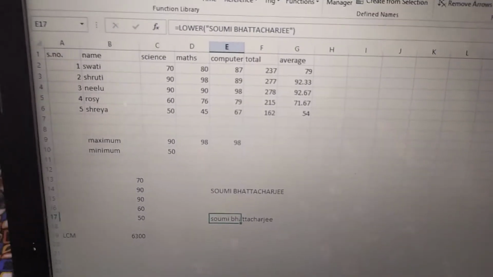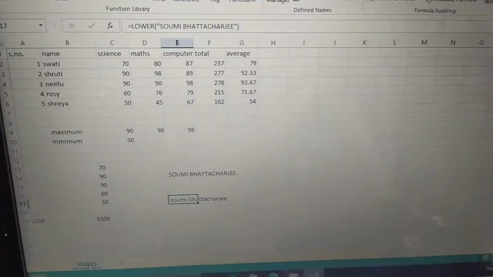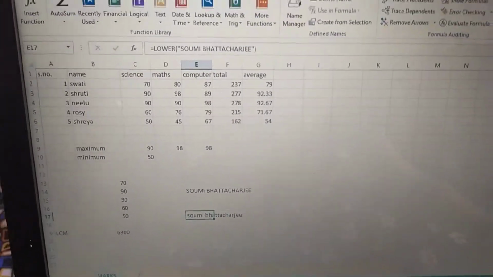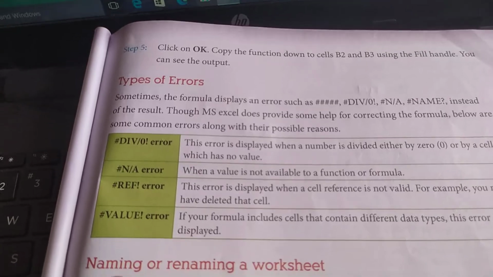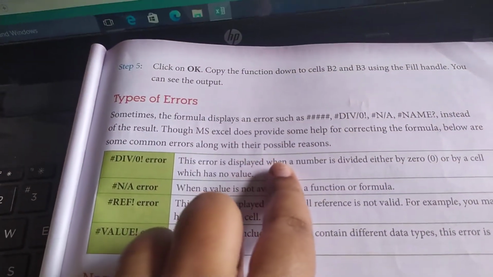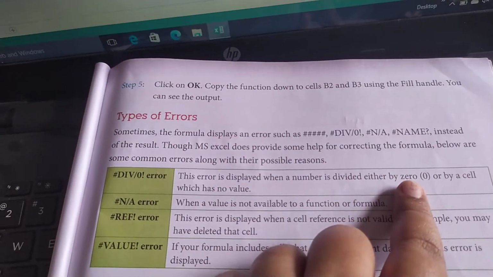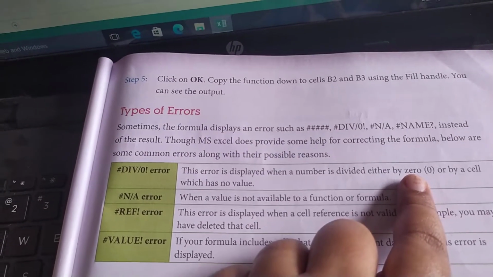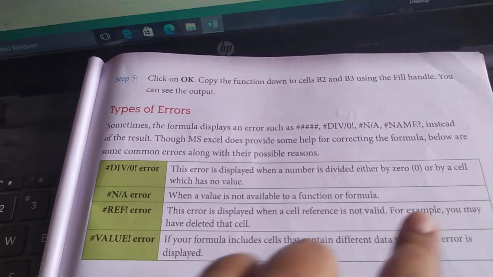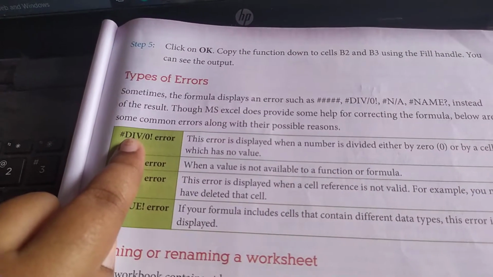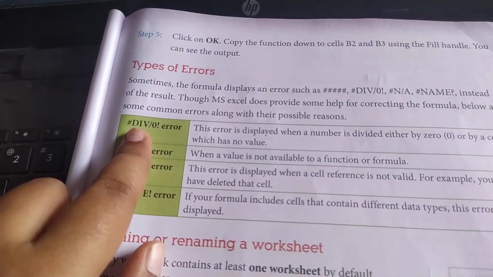Now, there are certain errors showing whenever we are using the functions. What are the errors? Suppose when a number is divided by 0 or by a cell which has no value, that time it will show the error of this div/0.